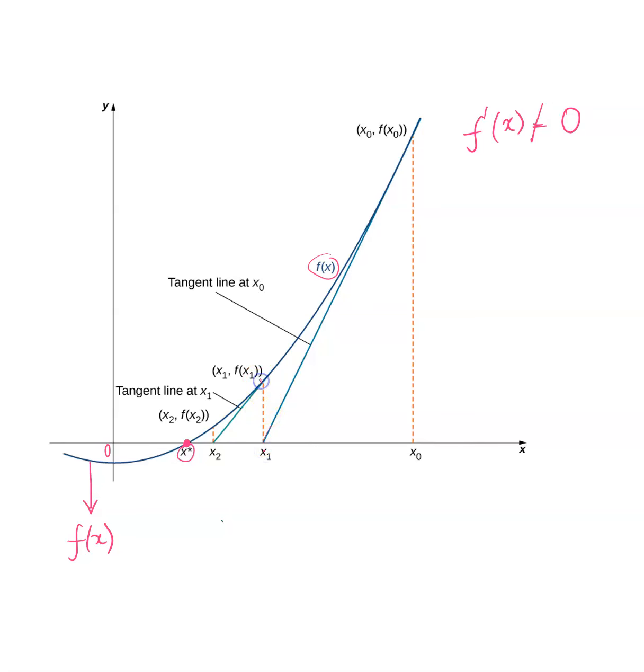So find the corresponding value x1, f of x1, and at that point, draw another tangent line and stretch that tangent line. So this is the sequence of approximation, linearization that we're doing. So draw that tangent line, that hits at x2. And then go for the corresponding point at x2 and draw a tangent line there. And stretch that tangent line and keep doing the sequence of producing these tangent lines that hits the x-axis at